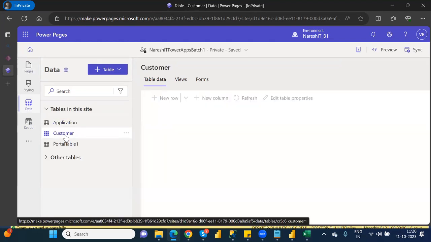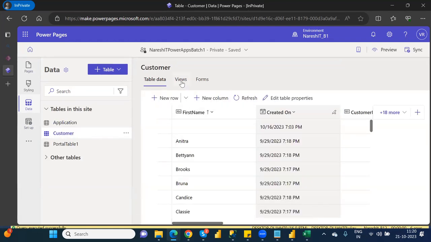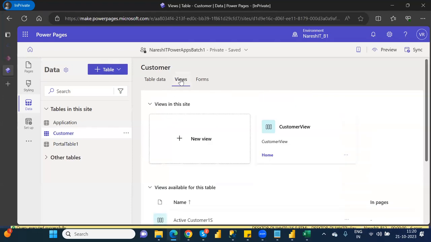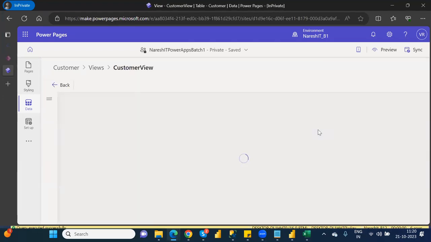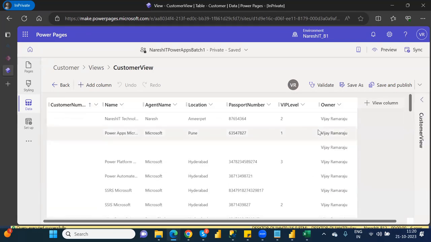See here, now whatever table we are pulling, that table here also it will come. See here, customer. In this customer, the data comes here. In the view, I created a customer view, right? See, that customer view also comes here. Understand clearly or not? So not only this one, under this customer I want to pull the form also. So for this one, I'm taking